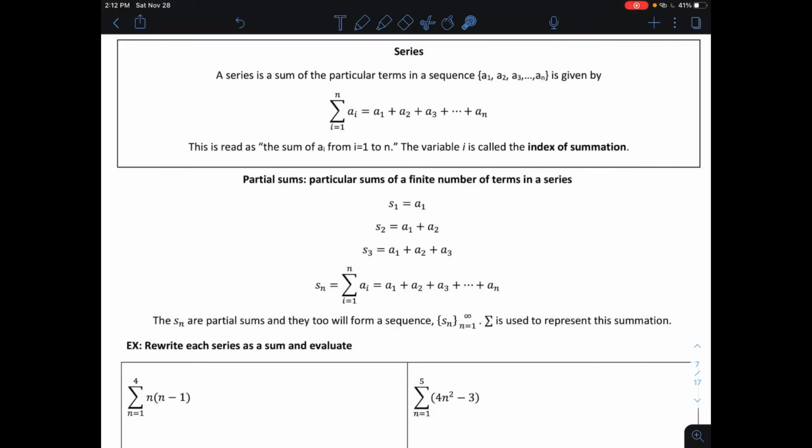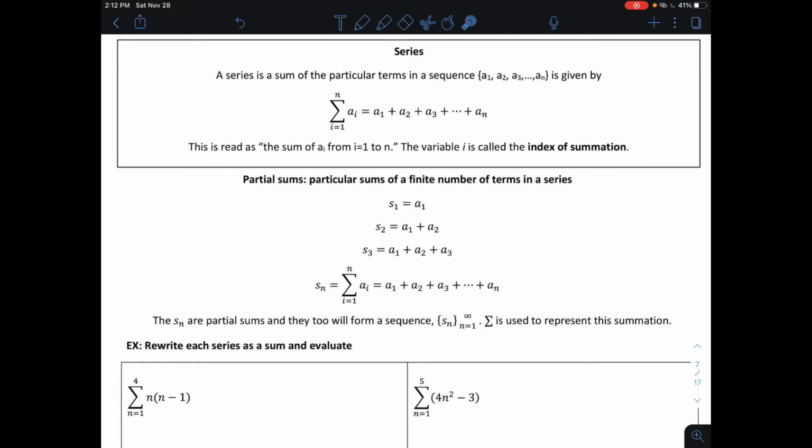All right, in this video, we're going to start talking about what series are. We're going to look at some of their properties and some summation formulas. A series is basically a sum of a particular number of terms in a sequence, given using sigma